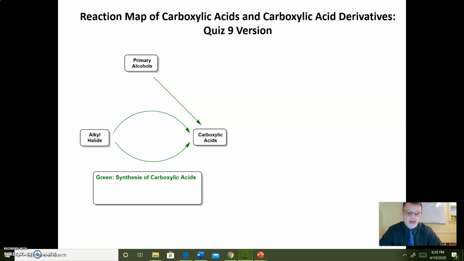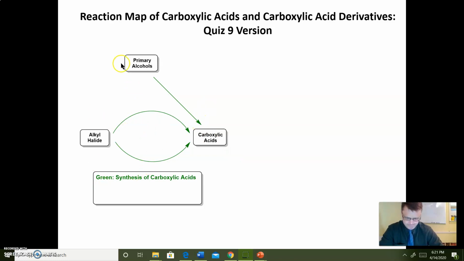Okay, and we're going to focus. This could be used for different types of functional groups, but since we're in the section on carboxylic acids and carboxylic acid derivatives, I'm going to focus on that because it's most relevant to the next quiz I'm going to write. And so if we look at carboxylic acids here, we've seen three ways that they can be synthesized